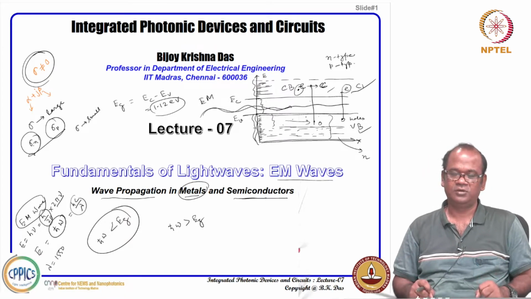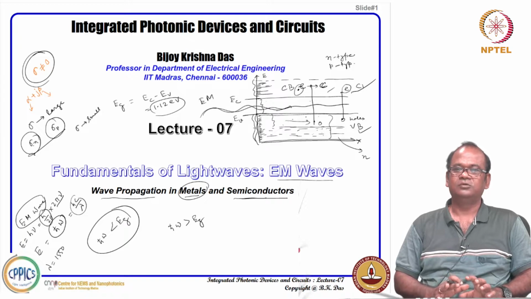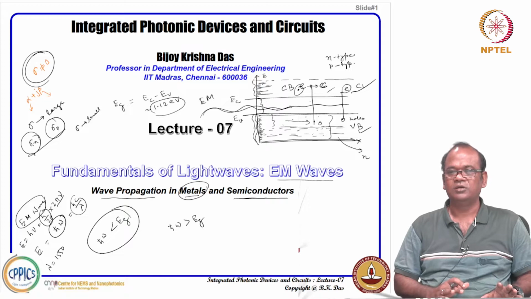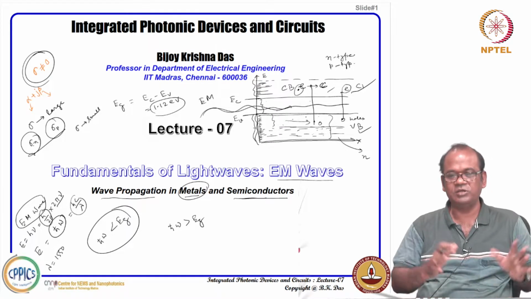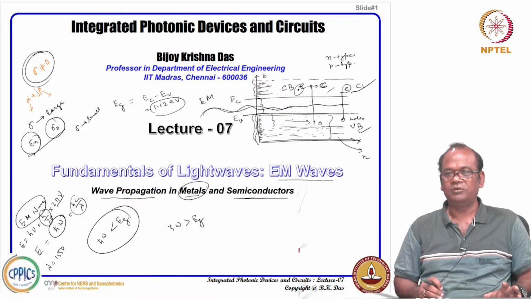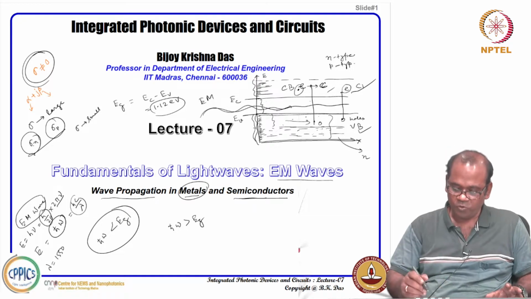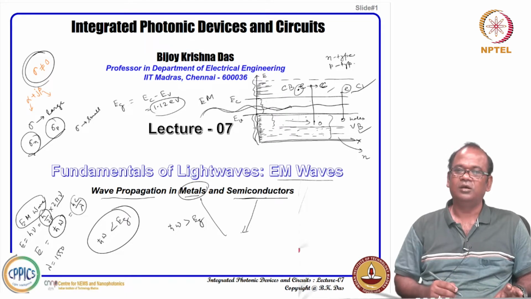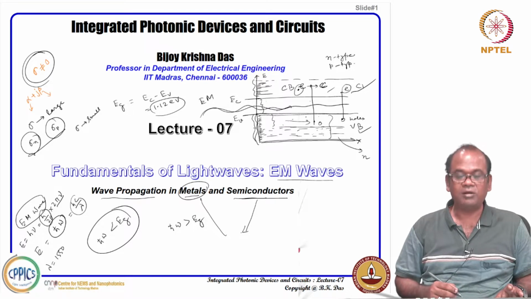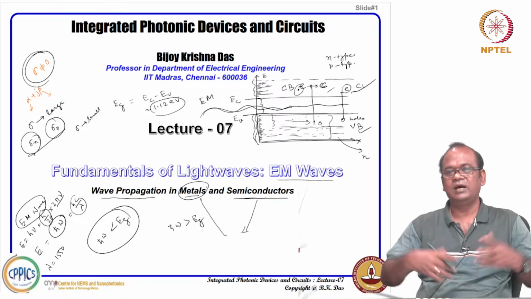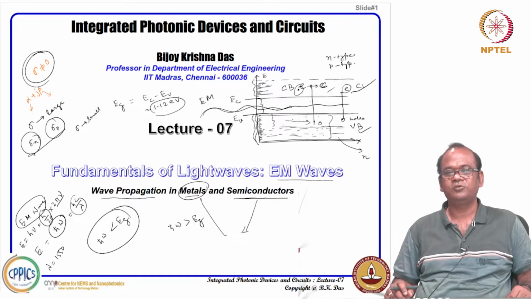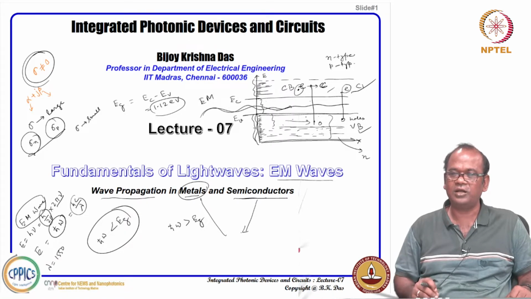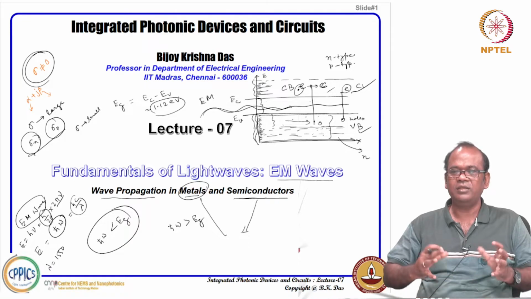Normally it is slightly different from what we have discussed for a lossy medium with sigma. The reason being, in metals the conductivity can be very large, and a semiconductor also, if you dope it or even at room temperature, has a certain kind of conductivity. So, depending on the conductivity